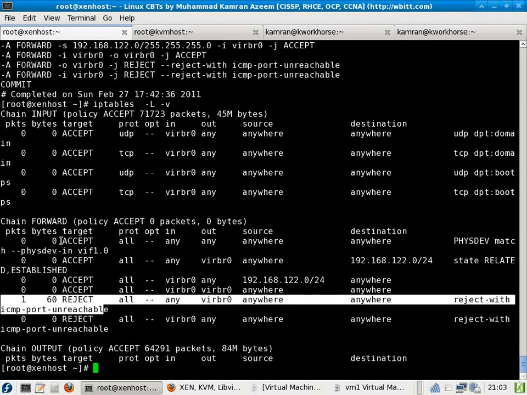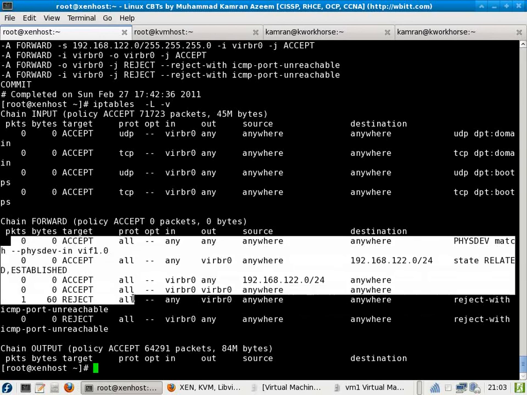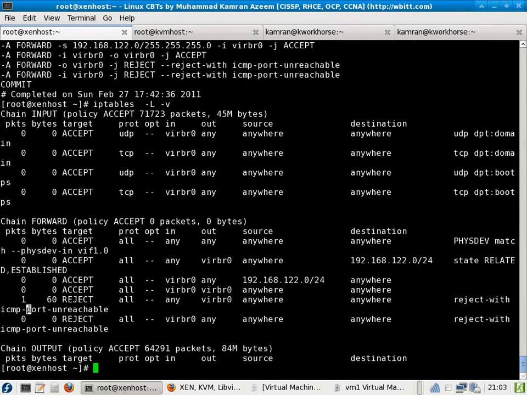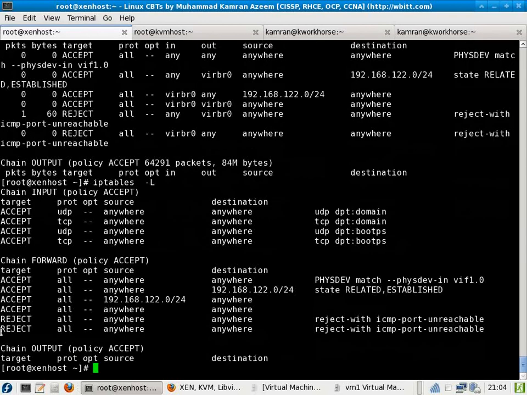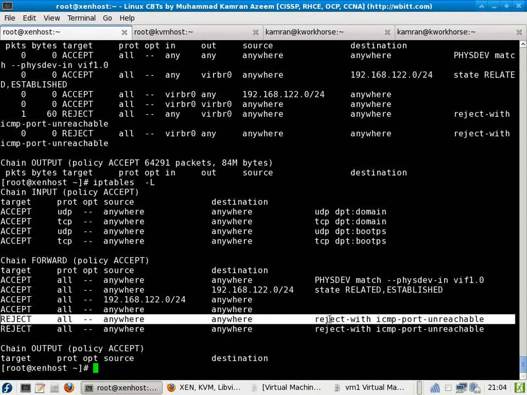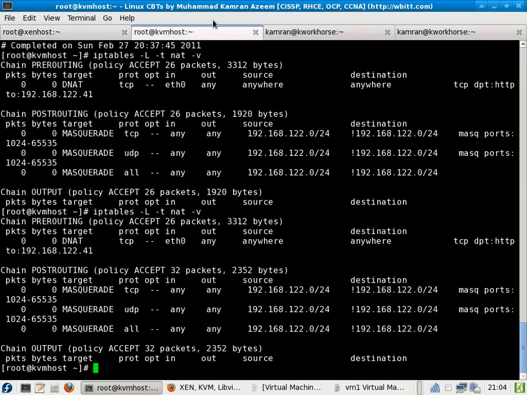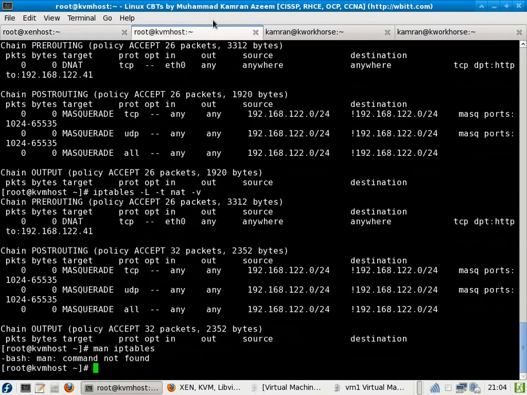and one of the easier ways is to add that rule at the top of the chain, because adding at the top is easier compared to adding it at a specific rule number. Right, so at the moment I would select to delete this rule. And how do I do that? I can do that by removing the -v, so I see a simpler output, and I know that I have to remove this rule, the second last rule. And there is an option, if I can check man iptables,